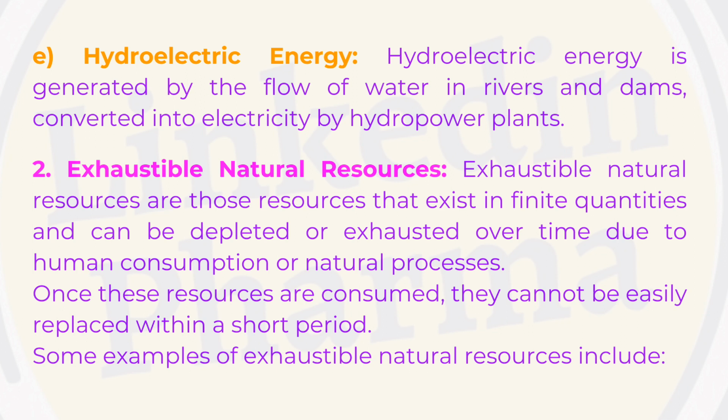2. Exhaustible natural resources. Exhaustible natural resources are those resources that exist in finite quantities and can be depleted or exhausted over time due to human consumption or natural processes. Once these resources are consumed, they cannot be easily replaced within a short period. Some examples of exhaustible natural resources include: